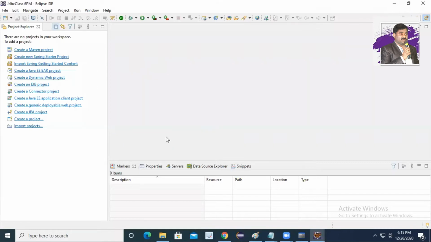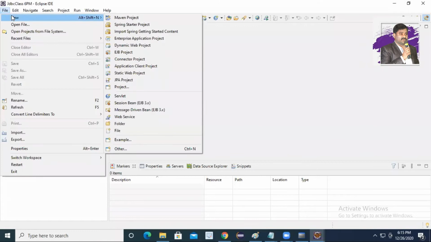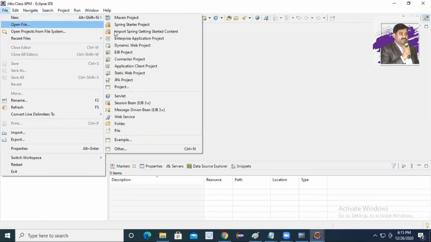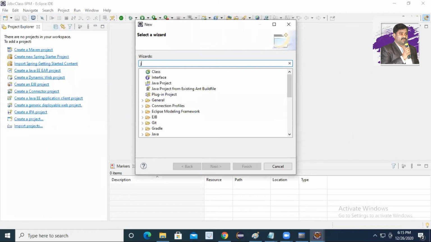Now here you can see this is the editor actually. Here you can go to File, New, Other, and there you can select Java Project.